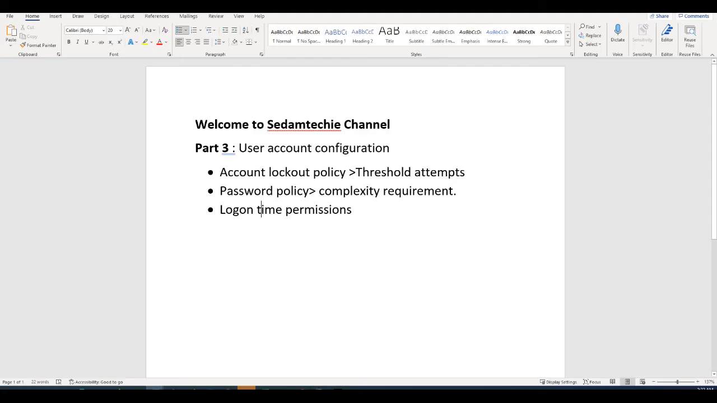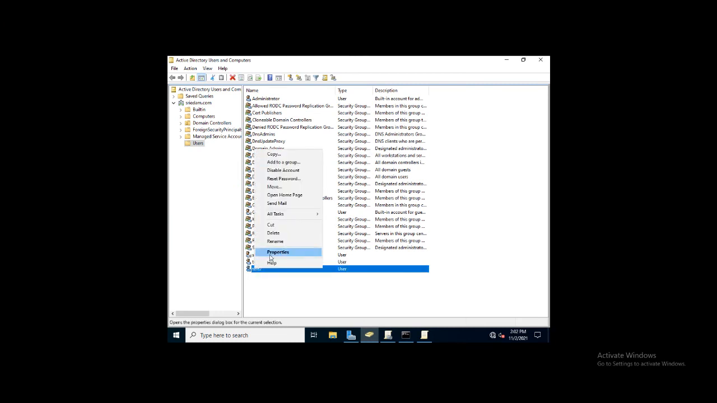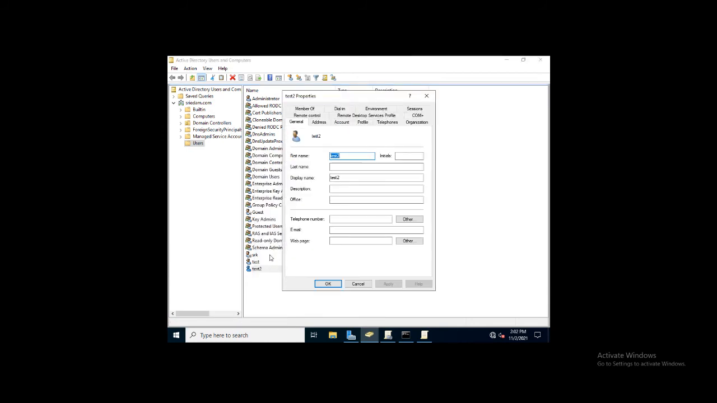The next topic will be logon time permissions. Here you can configure when a user can log in to the client machine. In an organization we will have morning shift people and night shift people, right? So we can configure that this particular user can log in only during morning hours, and other users can log in during night hours. To configure it,